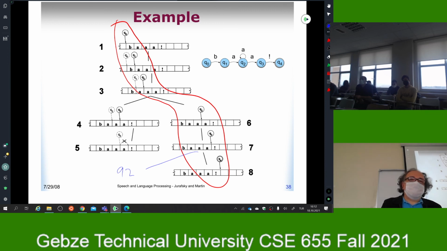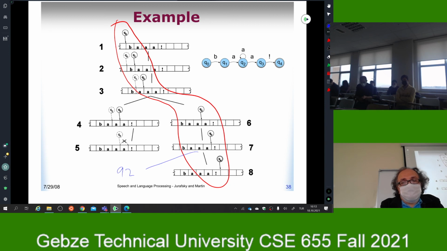Once I find this path, I say that, okay, I recognize this one. So this is more expensive than the deterministic approach. In the deterministic approach, you don't have to go back and try this stuff. You just try it. If it works, it works. Otherwise, you immediately say that it is done. So this is more expensive to try. But again, as I said before,